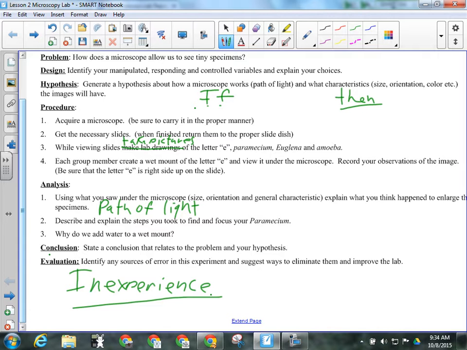That's a legitimate source of error: inexperience. You guys have probably not used a microscope all that often in your life, and so as a result, you need some practice at it. The first time you use it, just like anything else, you're not going to be all that good at it. The first time it's going to take you a little while to really get the hang of